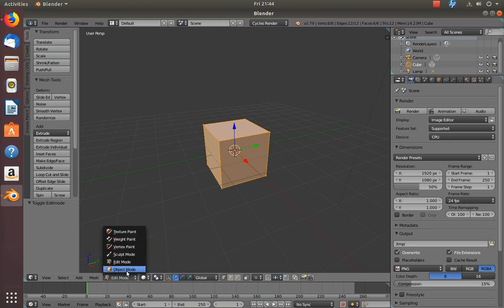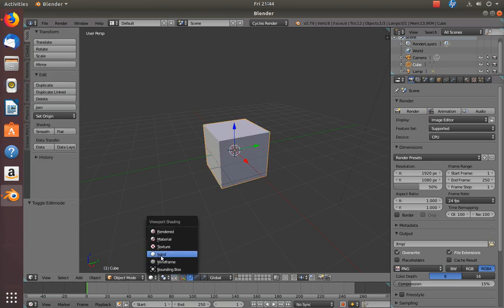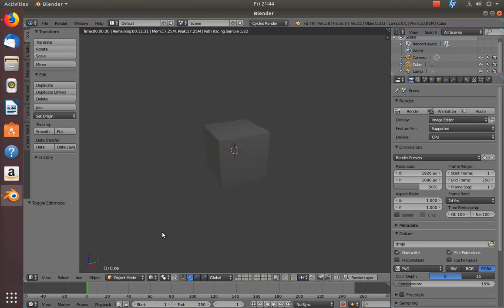The other mode is the rendered mode, which is the final output or outcome of Blender. I mean, once we finish the work, then we'll switch to the rendered mode to see the output of the work. And since we have one single cube, we'll just see a grayish kind of